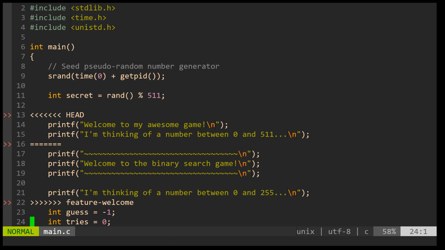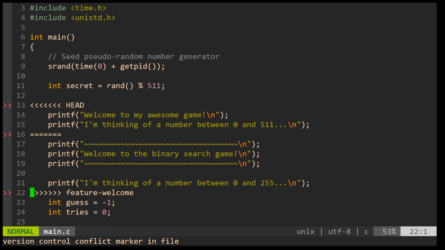And if we scroll down, we can see that there are some annotations that Git put in our file to say, here is where a conflict occurred, right? And it's telling us HEAD, which is on master, right? This is where the master branch is. And these are the contents of the lines that were conflicting in the master branch. Welcome to my awesome game. I'm thinking of a number between 0 and 511. But in the feature welcome branch, notice below these equal symbols, these are what were in the feature welcome branch,